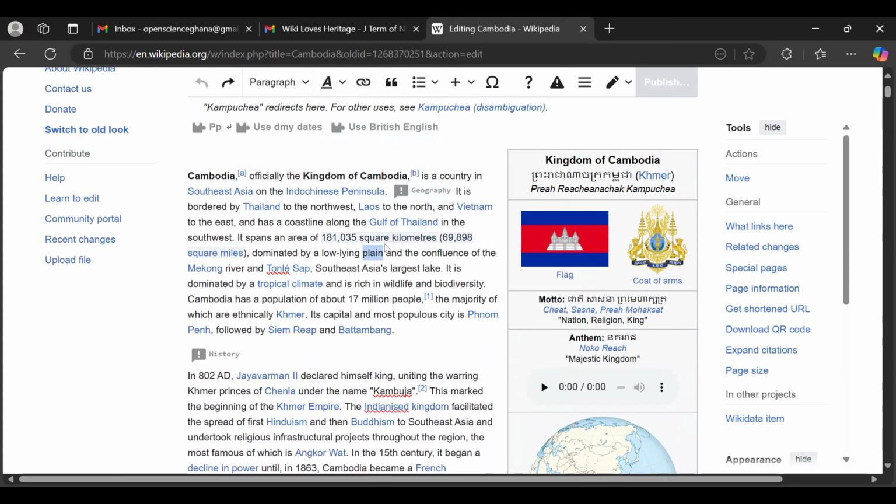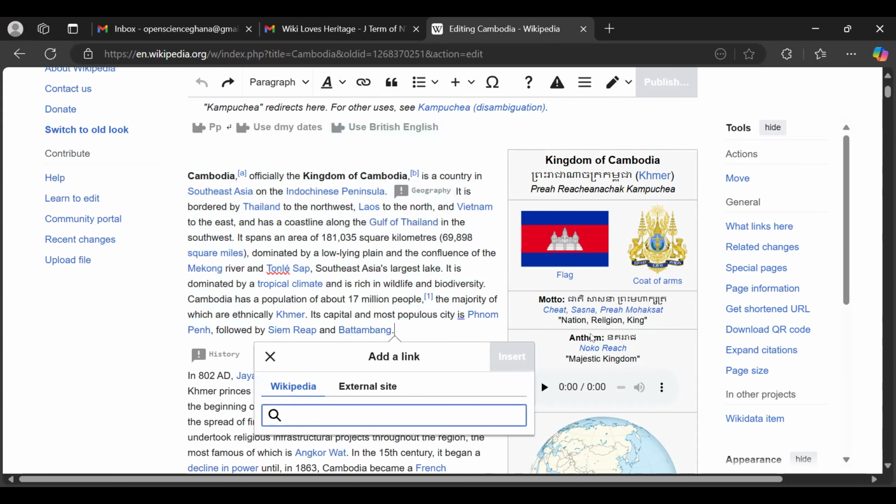How do we cite articles? Assuming you just added this whole content at the beginning of the article and you want to cite it, you have to bring your cursor to the last word just after the full stop, and then whilst the cursor is blinking, you just click on cite. To cite an article, you can use an external source